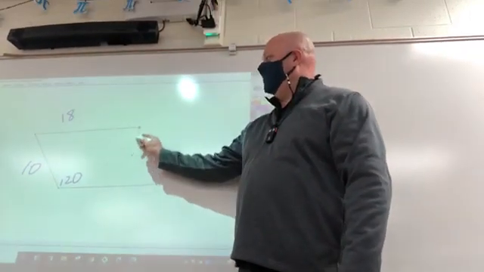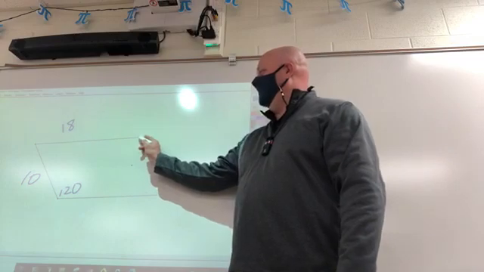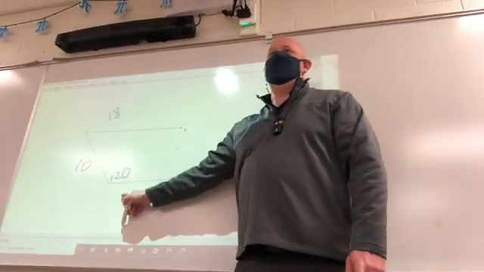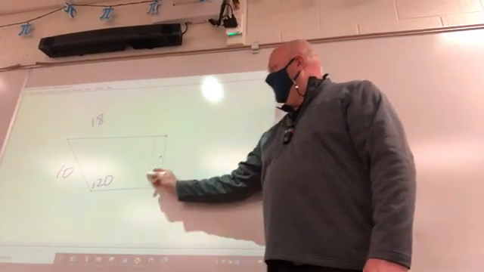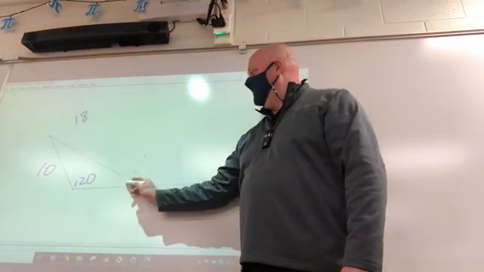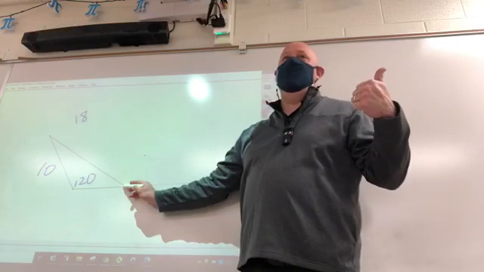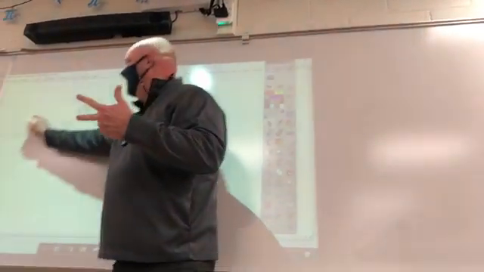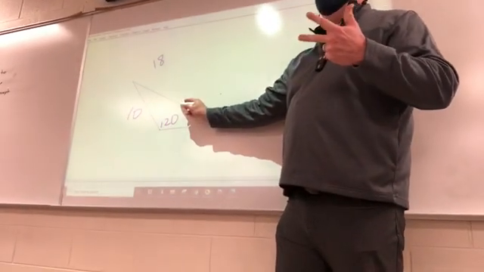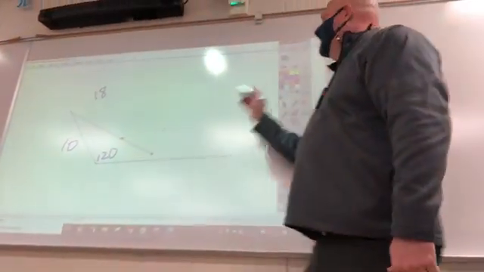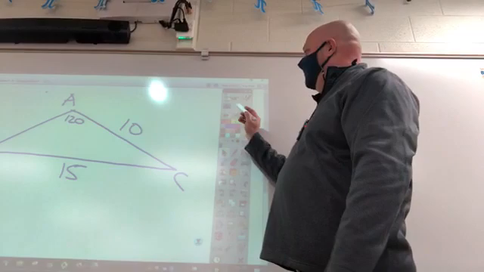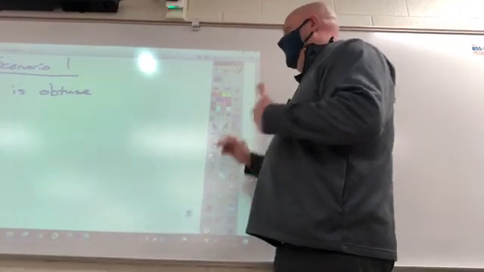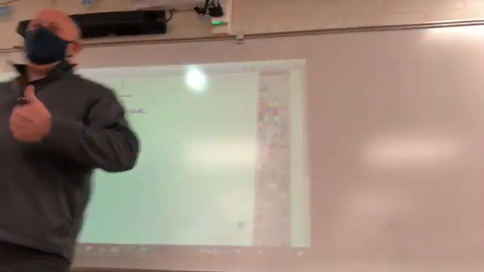And how many triangles can I make with these three measurements without changing this length, changing that length, or changing that angle? I can make a triangle, can I? Can I make a second triangle? As I go around, is that going to be able to build a second triangle? No. So, if this is the case, if angle A is an acute or obtuse angle, then